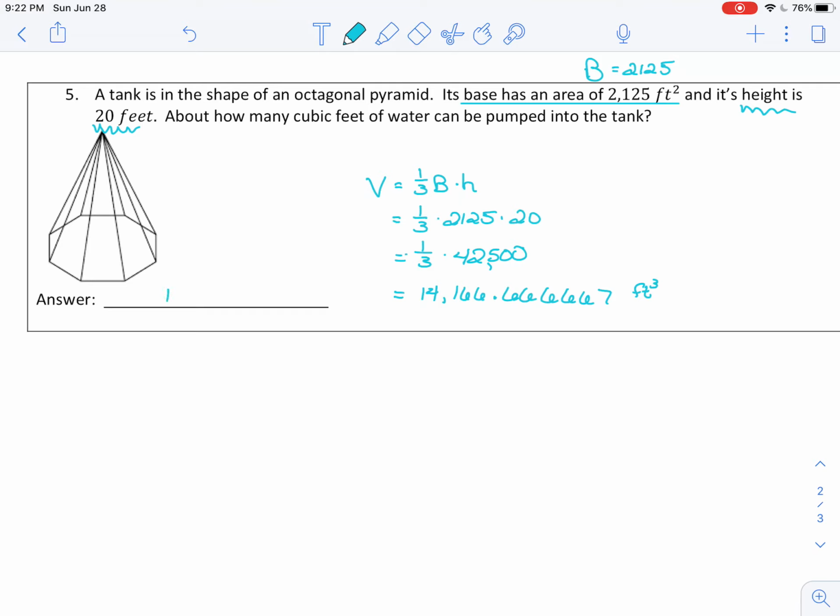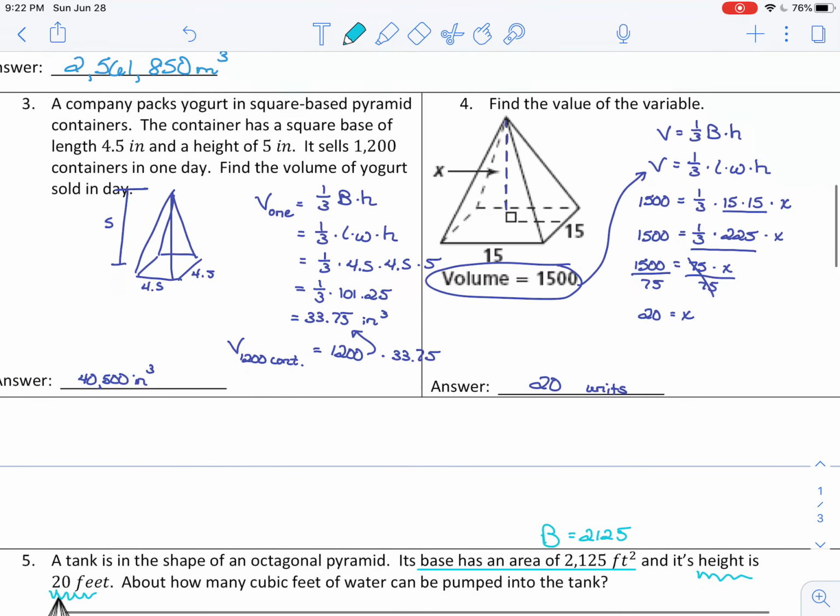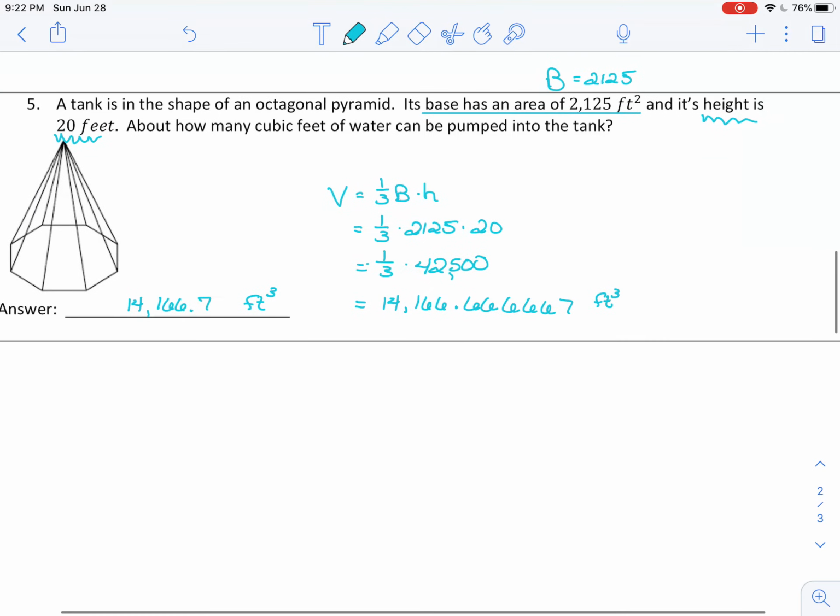Just go ahead and round it and say that it's about 14,166.7-ish if I round it to the nearest tenth. That's the cubic feet. So don't get frustrated because I already made the answer key for this lesson. There are several that don't turn out to be nice, pretty numbers like these ones did. So some of them are going to give you decimals. Decimals exist in the world. We're just going to round it and move on with our